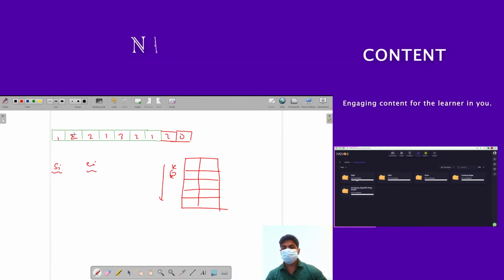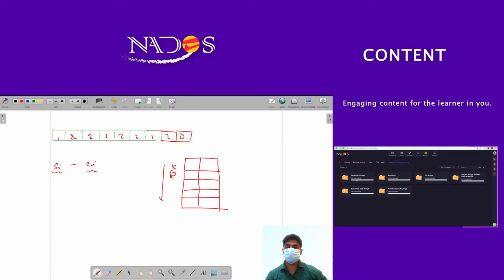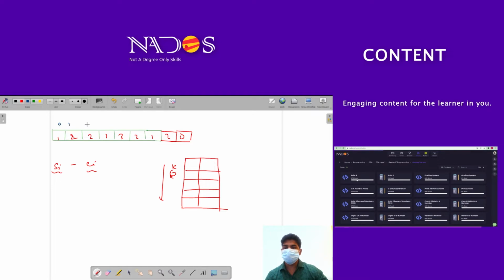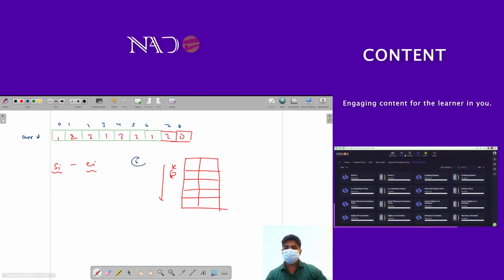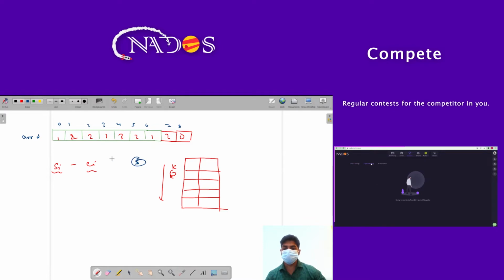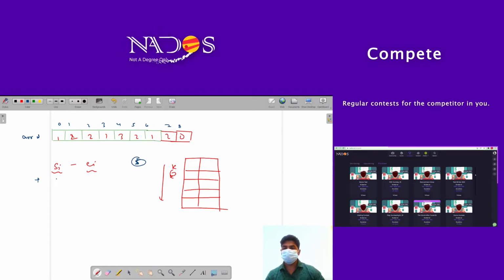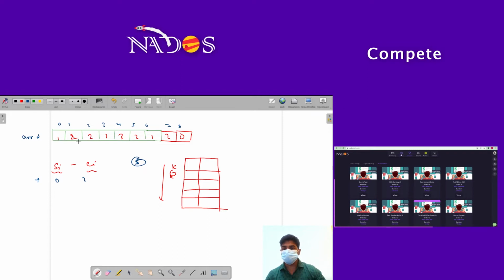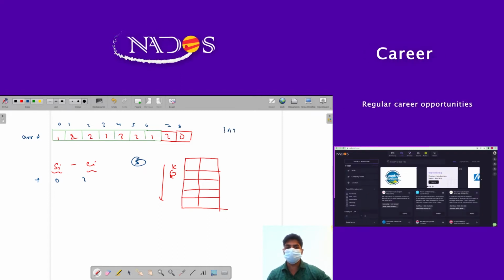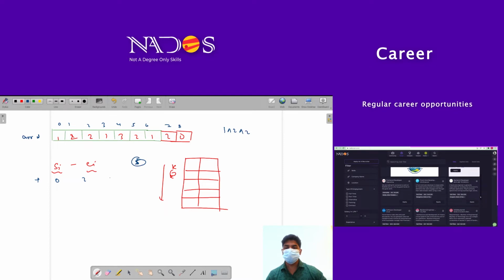And what we have to tell is the XOR of all the elements from starting index to ending index. Let's suppose the indices 0 1 2 3 4 5 6 7 8, this array was given to us. Okay, and in the queries array, let's suppose five queries were given to us. The first query was 0 to 2, so we have to tell the XOR of all the elements from 0 to 2. That is, we have to tell the XOR of 1 XOR 2 XOR 2, whatever the value will be.